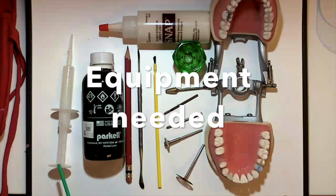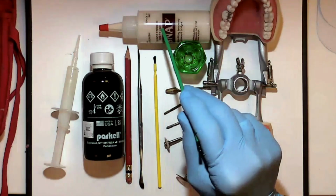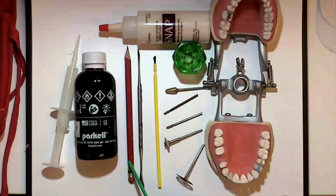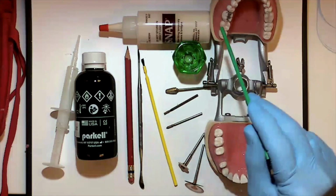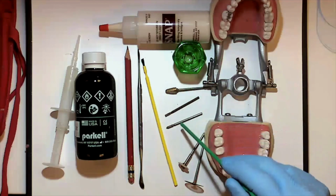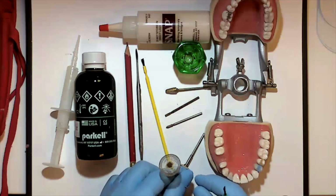On the screen, you see the equipment we will use for this exercise: some Vaseline, Parkell Snap ethyl methacrylate acrylic, a red pencil for marking, an instrument for mixing the acrylic, a paintbrush for spreading Vaseline on the surfaces, an old-fashioned glass dappen dish, our dentiform model with prepared teeth on the upper from 12 through 14, an acrylic burr, another diamond instrument, a rubber wheel, and a separating wheel,